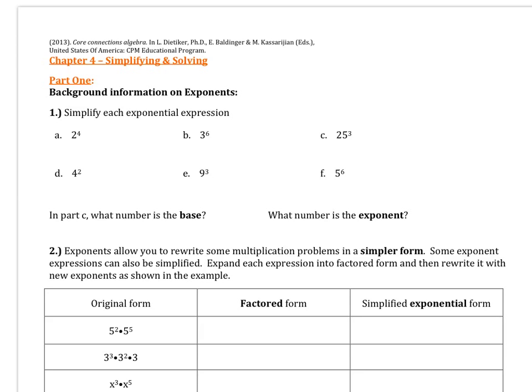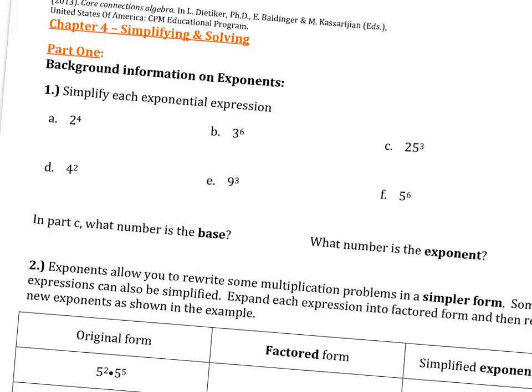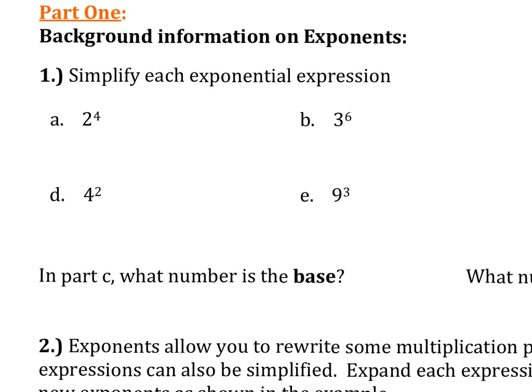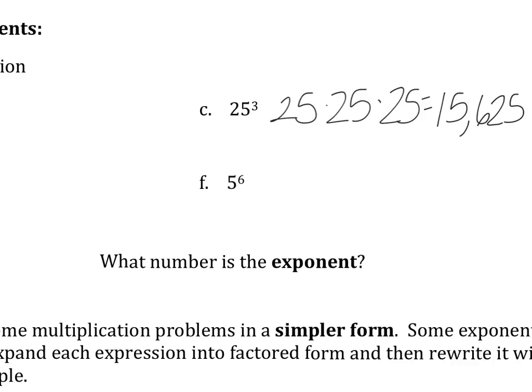In Part A, we have 2 to the 4th power. So 2 to the 4th power is the same thing as saying 2 times 2 times 2 times 2. So we can add that up and we would get 16. So 2 to the 4th power is 16. Part C, we're taking 25 to the 3rd power, which is 25 times 25 times 25, which will give us